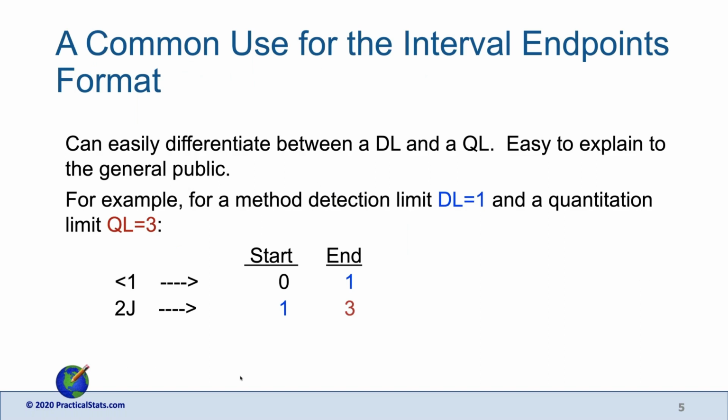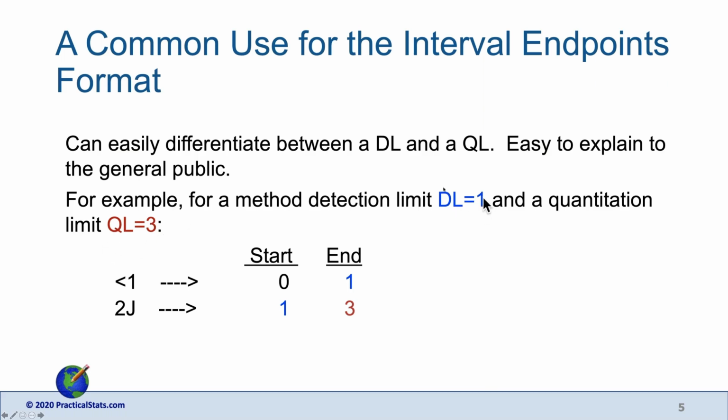Looking at greater than values has not been the primary use, in the past, for the interval endpoints format for doing interval censoring. Here's the primary use in environmental science for interval endpoints: to represent differently data that are below a method detection limit and data that are below a quantitation limit, and especially data between a method detection limit and a quantitation limit. So if you had a method detection limit of 1 and a quantitation limit of 3,